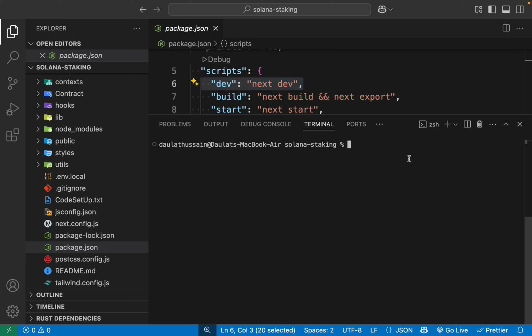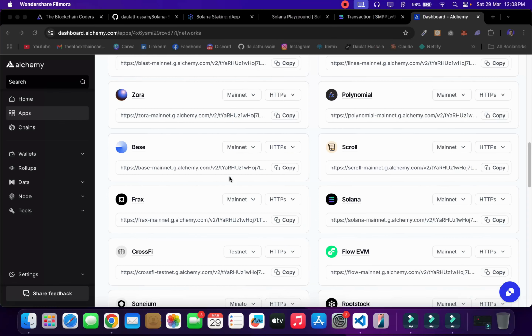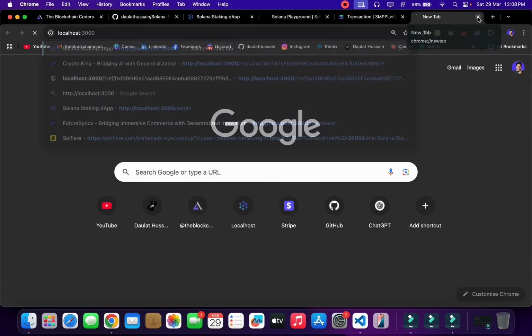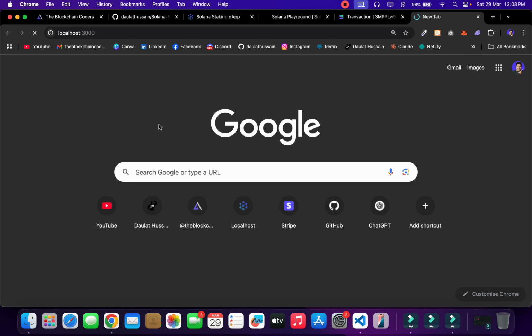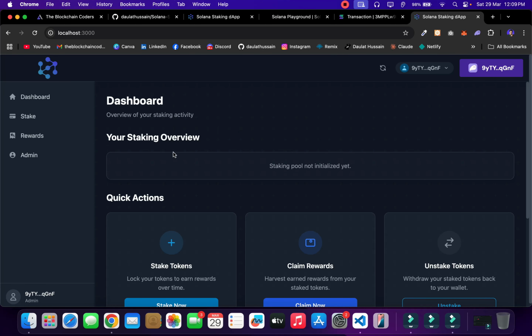Dev command. So simply type npm run dev and hit enter, and it's going to start the application on localhost 3000. Perfect. So you can simply copy this one. Now you can come back here, close this one, open a new tab, paste here and hit enter. It's going to start the application on localhost 3000. So just a moment. Here the application got opened,